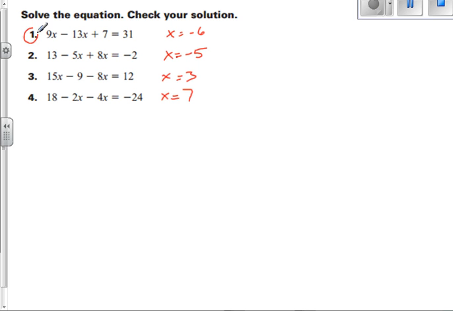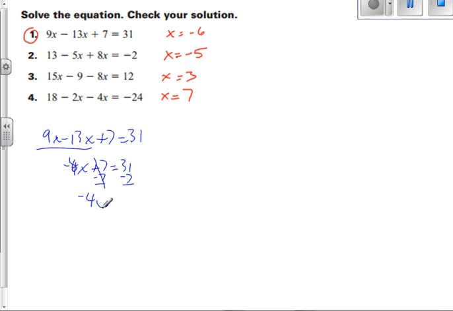So let's do number 1 first. We have 9x minus 13x plus 7 is equal to 31. Combined like terms would give me negative 4x plus 7 is equal to 31. You're going to subtract 7 from both sides, so I have negative 4x is equal to 24. And then I divide by negative 4 on both sides, and I find out that x is equal